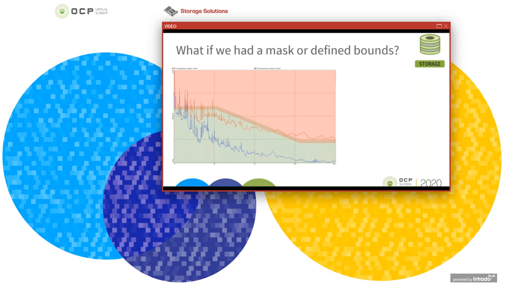So as Jun hinted, we would like to bring up a concept of a mask for the sound pressure level curves that have been shown so far. I'm showing here a sound pressure level curve that Jun has already shown in the previous slides, but I'm superimposing it with a hypothetical mask. Imagine if we had a passing region, a failing region, and a region of uncertainty where we could indicate that